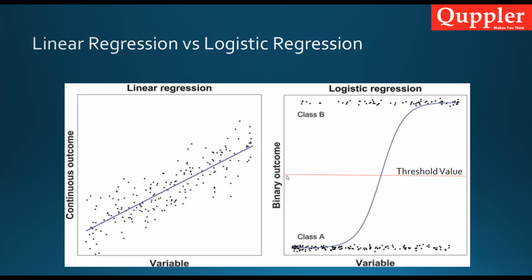Based on the threshold value, if we are dividing our S curve, if my data points lie above my threshold value, then we can say that is class B, or if the values lie below this threshold value, we can rename that particular data point as class A. So you can see here all the data points are always discrete. Either they lie across 0, or they lie across the value 1. So that's the major difference between logistic regression